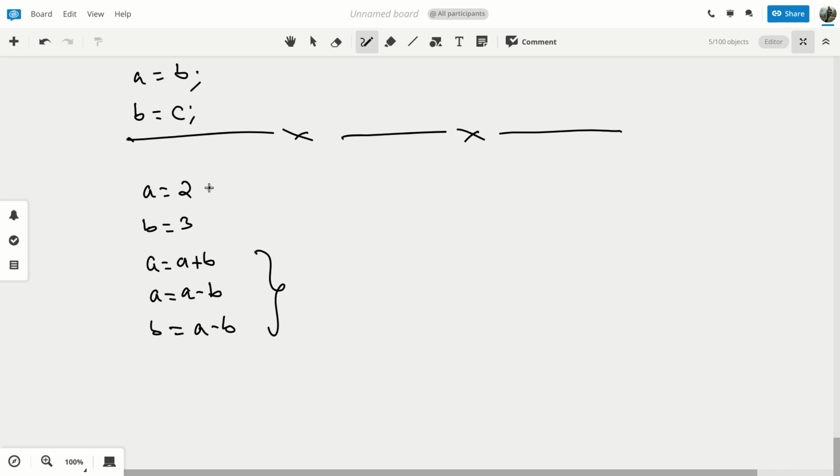How? Let us analyze. This line will put 2 inside the variable identified by A. This will put 3 inside the variable identified by B. This will solve the expression on the right side, and then that single value will be put inside variable A, which will override the earlier value. So the value of A will be substituted, the value of B will be substituted. So this will become 2 plus 3. The result will be calculated as 5, and then that 5 will be put inside the variable A, erasing the previous value. So A will become 5.